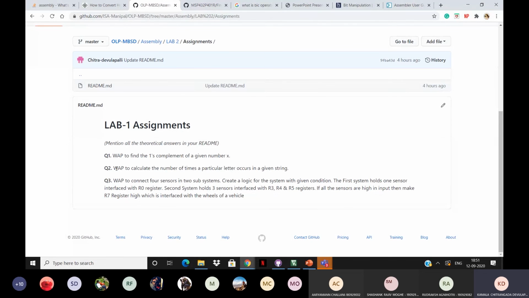The next one is write a program to calculate the number of times a particular letter occurs in a given string. This question, we got it for our NSEM lab, and we back then had never worked with strings, so we had a very hard time in that 3-hour lab.